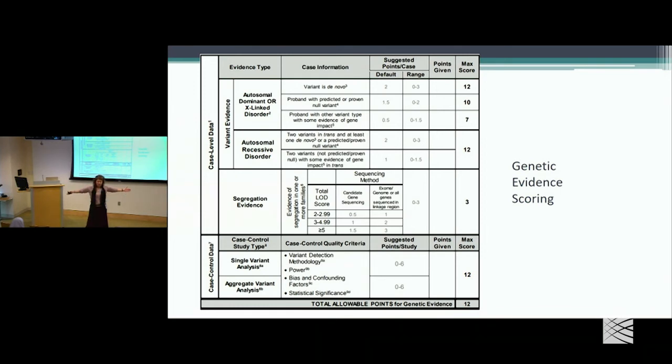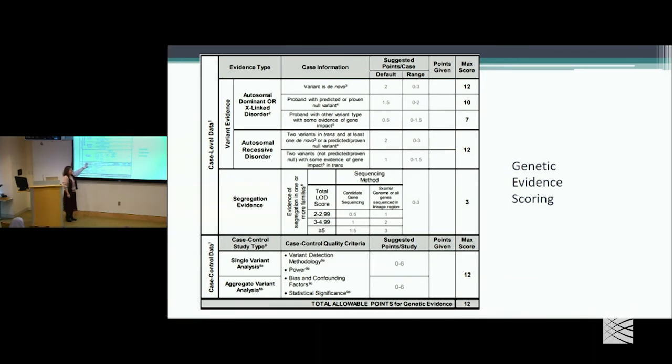Because the linkage interval spans hundreds of kb, just because you have an incredibly high, statistically significant LOD score does not mean the variant in the gene you're looking at is actually implicated. You need gene and variant level evidence also. So you only get a max of 3 points, because that is not specifically implicating the gene in most cases.